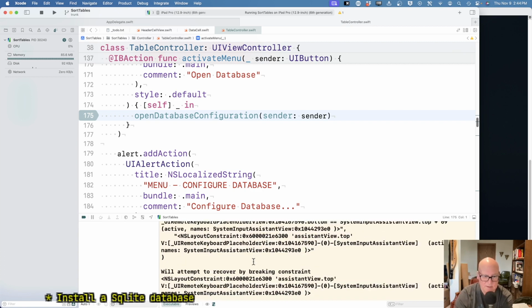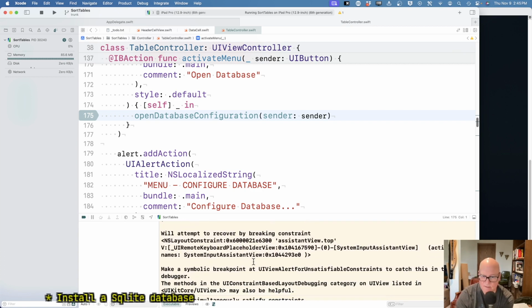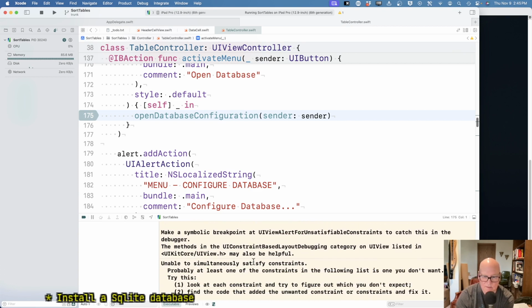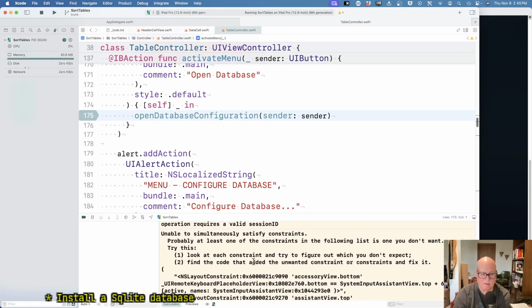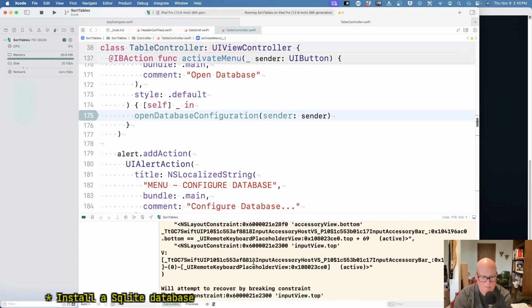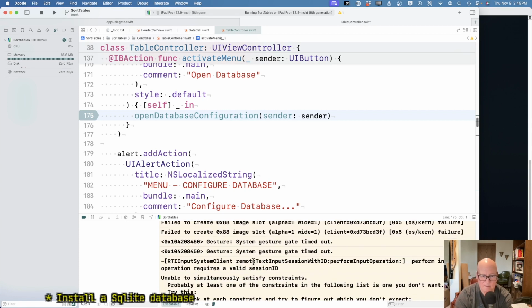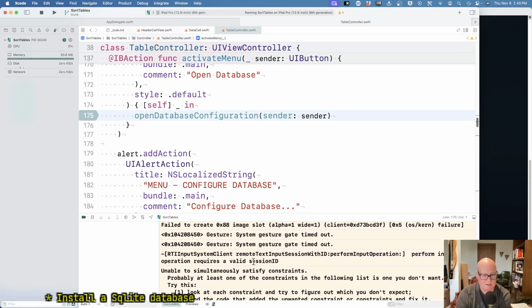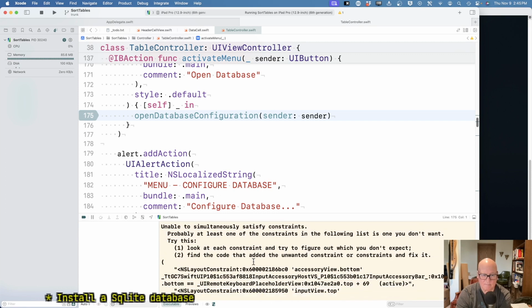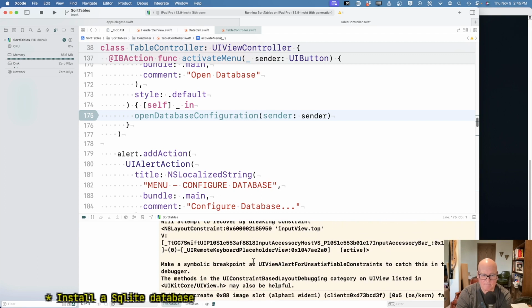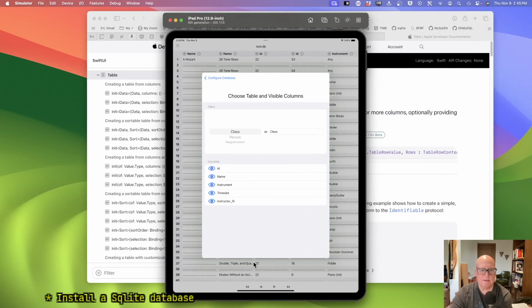I don't think this is the Swift stuff. I think this is something else. Although I'm not sure which parts were Swift and which parts are not. Failing to create image slot. System gesture time down. Yeah. Well,